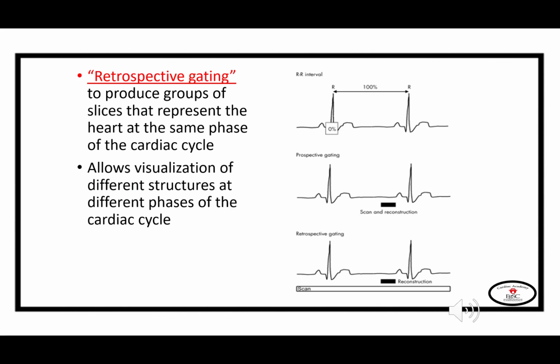We have two techniques of gating. Retrospective gating, as we can see in the lower part of the image, is basically we give the machine orders to emit X-ray and produce radiation exposure during the whole of the cardiac cycle. We can later retrospectively choose the phases of the cardiac cycle with the least cardiac motion to evaluate the coronary arteries. This gives us room to make adjustments if there are cardiac motion artifacts, to detect the different segments of coronary arteries in different phases of the cardiac cycle,